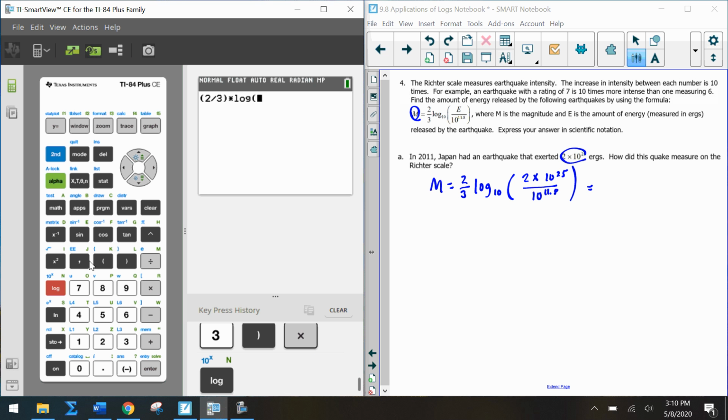Then I'm going to put parentheses so I can do 2 times 10 to the 25th, then close the parentheses and divide by 10 to the 11.8